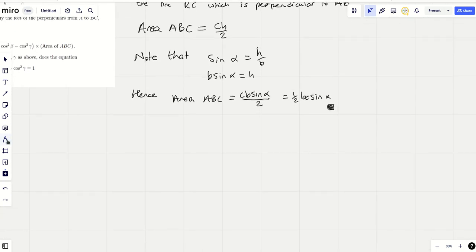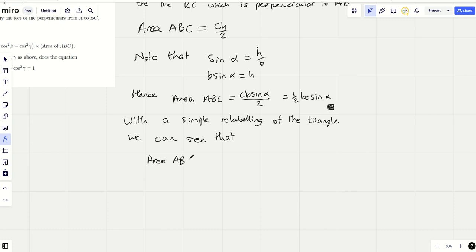In fact, it might be worth saying, with a simple relabeling of the triangle, we can see that the area of ABC could be equal to a half BC sine alpha, sorry,